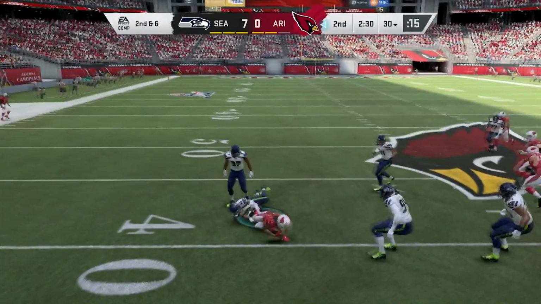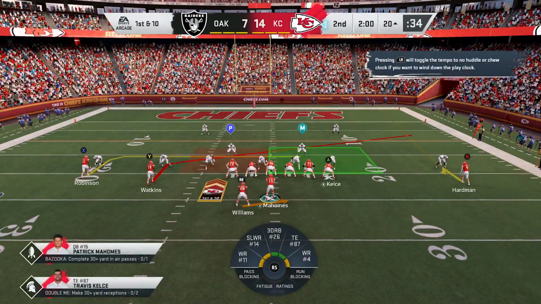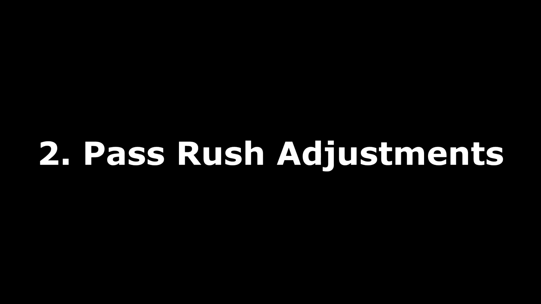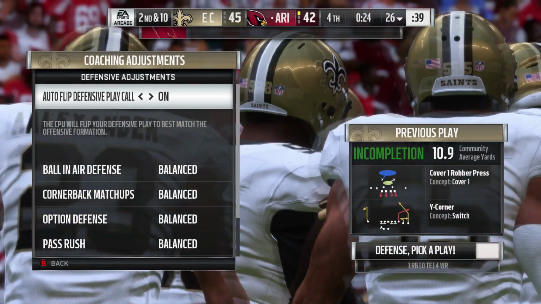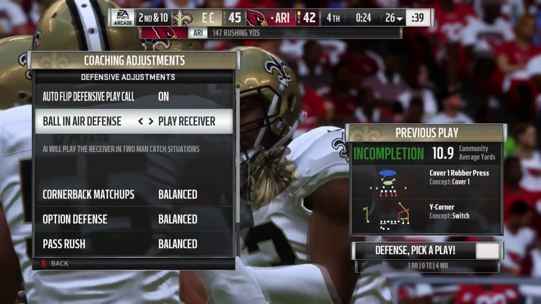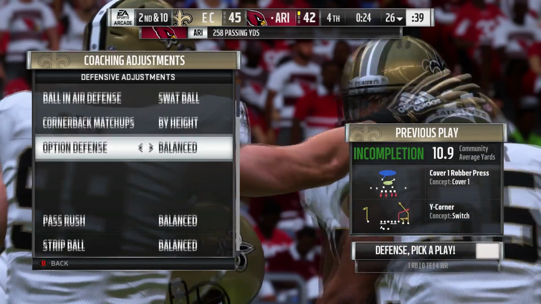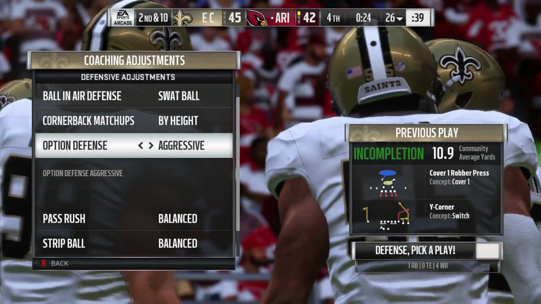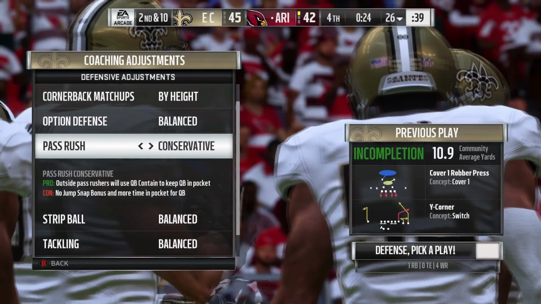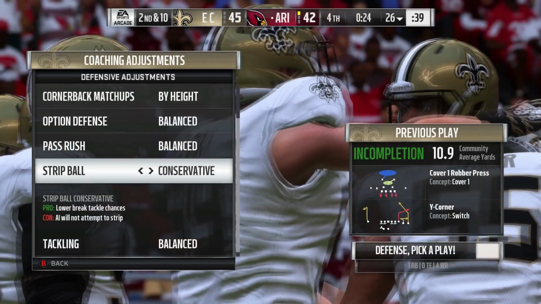Number 2 on the list is a big one in terms of gameplay, and that is aggressive pass rush. I believe in Madden 18, the coaching adjustments were brought back, where you could set your pass rush to aggressive. You could set your DBs to play the ball aggressively in the air. You could set your tackling to aggressive, things like that. They have removed the aggressive pass rush feature in the coaching adjustments, and this one actually does make a lot